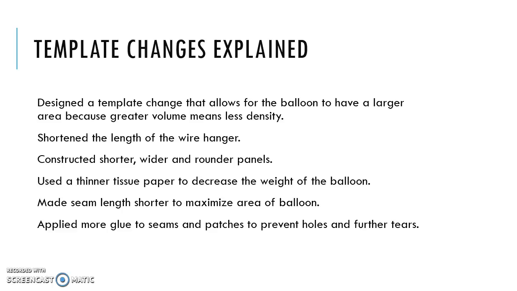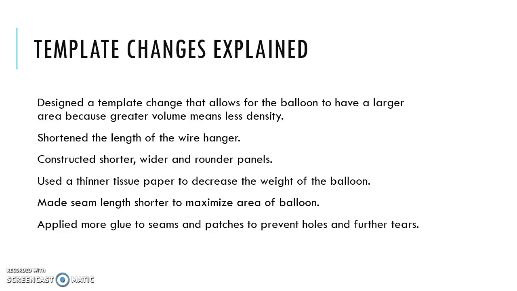We assumed that because tissue paper didn't weigh nearly as much as the wire hanger that we were using, the more tissue paper we used to maximize the volume, the greater volume and the less mass. Things that contributed to this idea were shortening the length of the wire hanger. The less overlap we had in the skeleton of our balloon meant the less mass we had, for that was the most concentrated area. We also constructed shorter, wider, and rounder panels because the